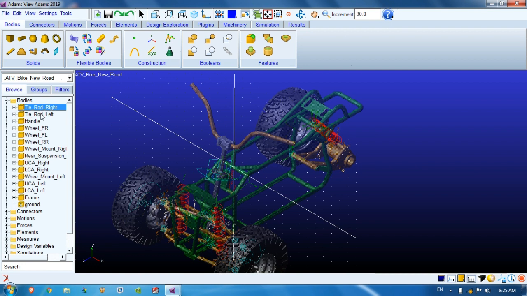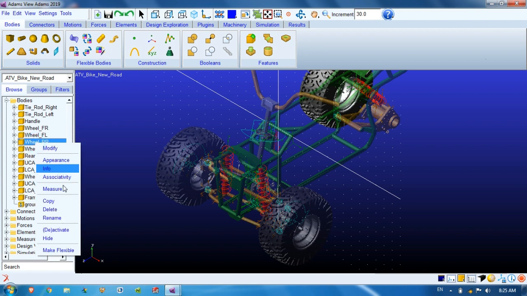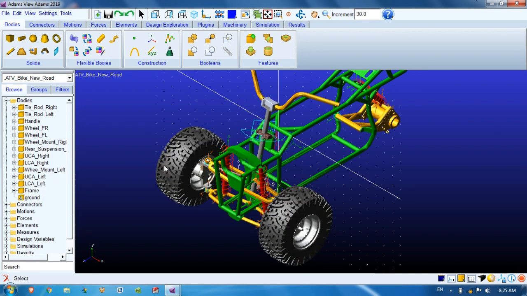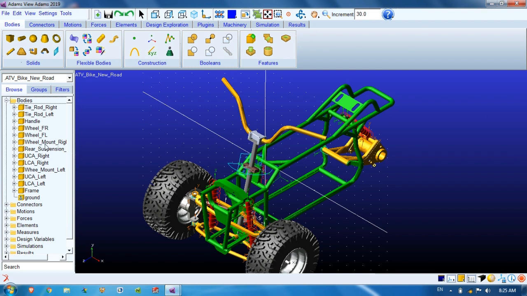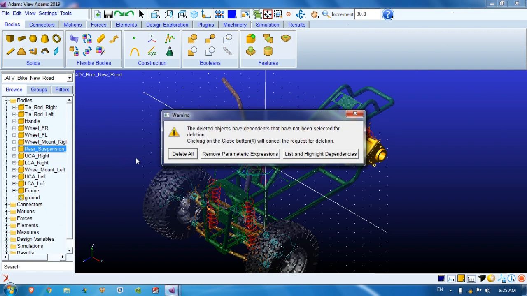Then tie rod right and tie rod left, keep as they are. Handle, keep as it is. Front wheel left and right, keep. Rear wheel right, delete. Then wheel mount, rear suspension, delete.